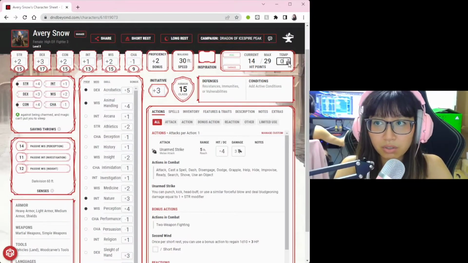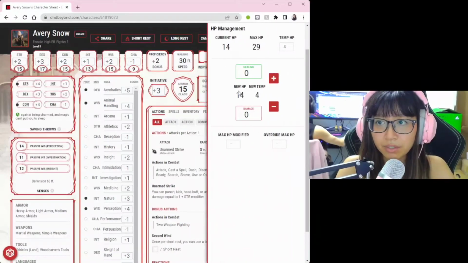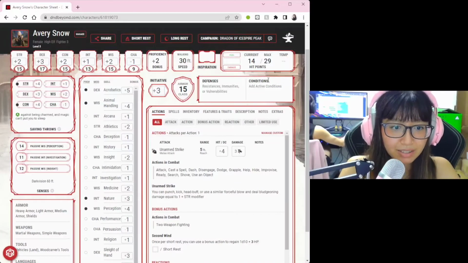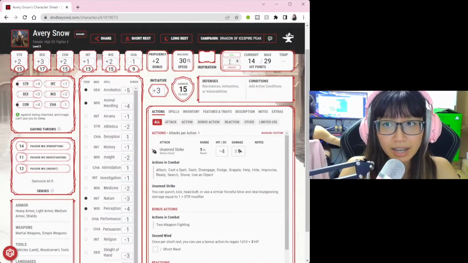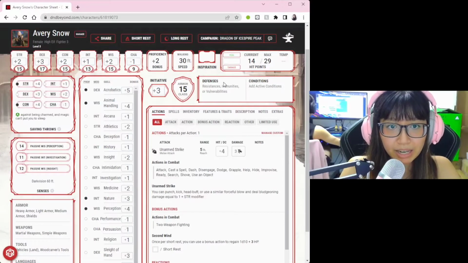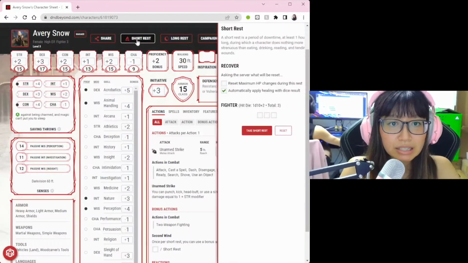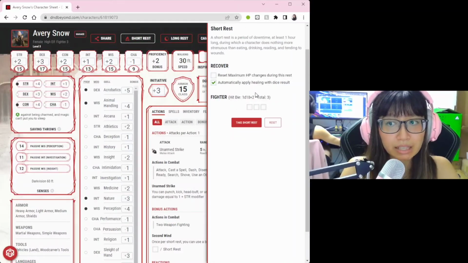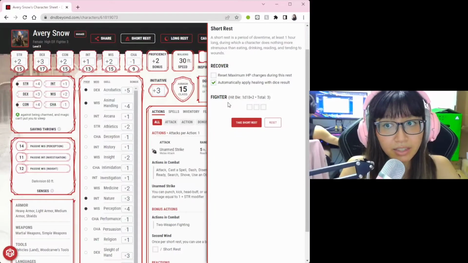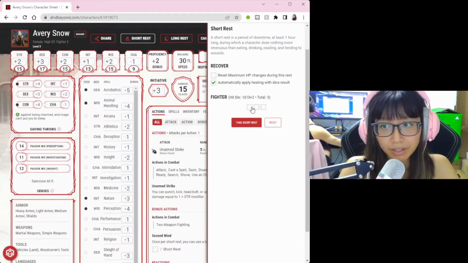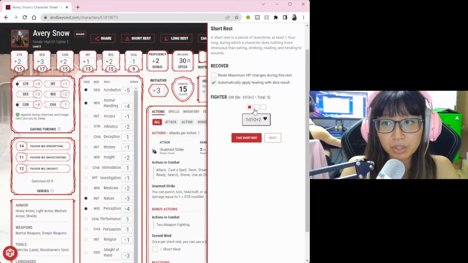So you can either use the buttons, or you can, for example, put in 4 and you have 4 temporary hit points like that. When you take a short rest, which is at least an hour long in a game, you can roll hit dice to regain HP. Above here you can see the words short rest and long rest. Short rest allows you to roll hit dice to heal up. For the fighter class, you get the hit die 1d10 plus 2. For a level 3 character, I have 3 in total, so I'm going to just roll once. And I can take a short rest, click confirm,